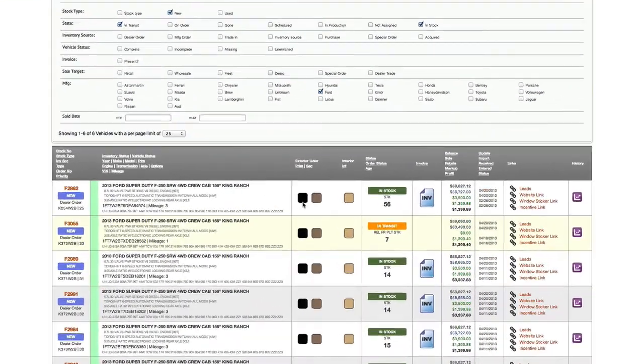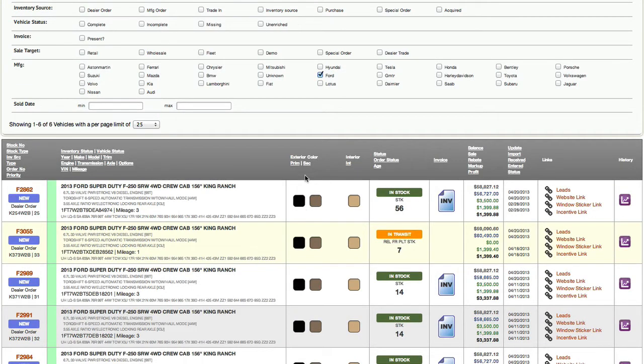So when you look next, you have the exterior color and the interior color. You have primary and secondary colors up here. Primary color is black right here, and again, just like the other tutorials that we showed, if you hover over the color palette, it'll tell you exactly that vehicle color made by the manufacturer. You can go look at the lower two-tone accent, pale adobe metallic, and then you can look at the interior,